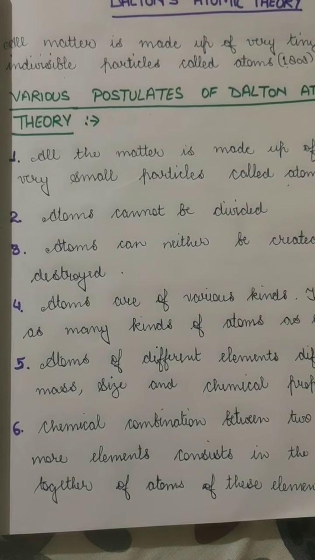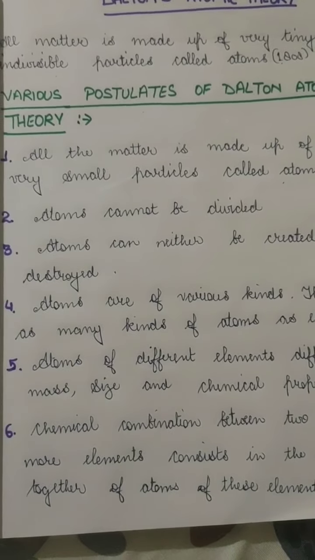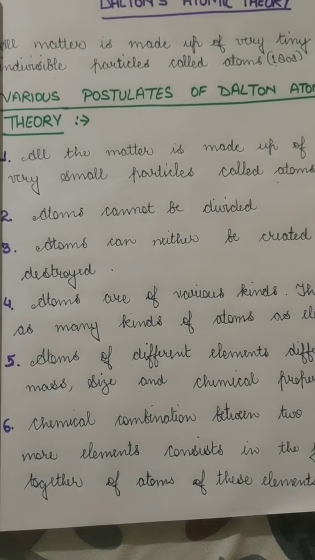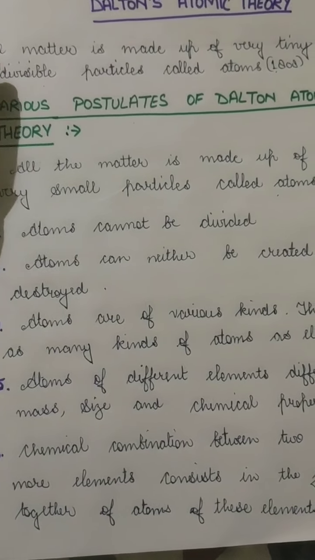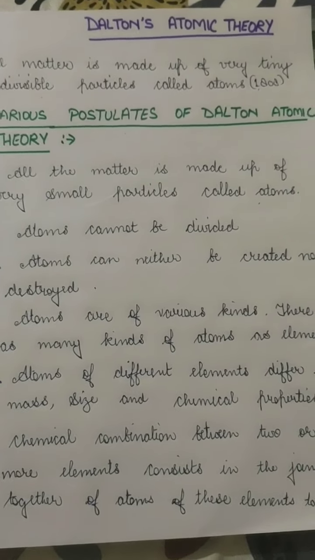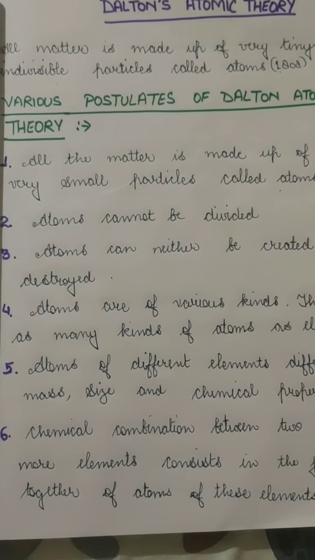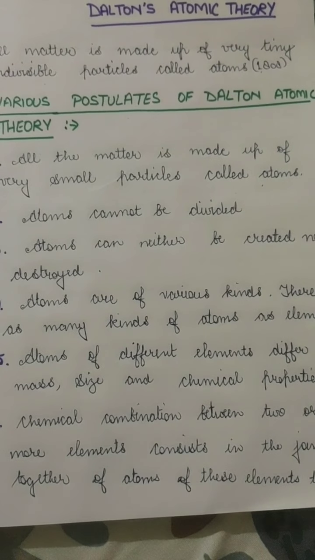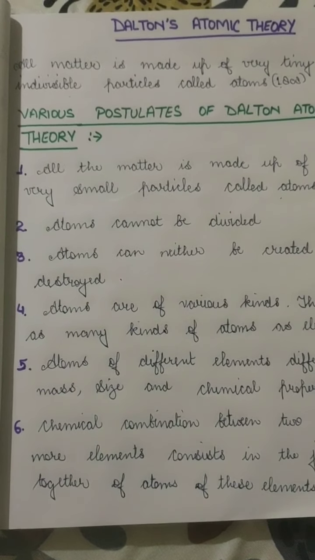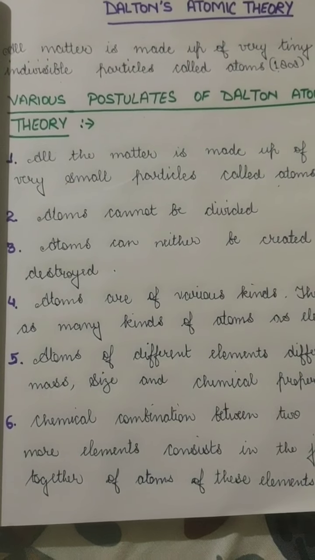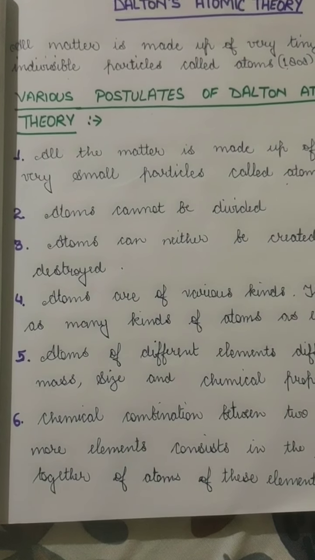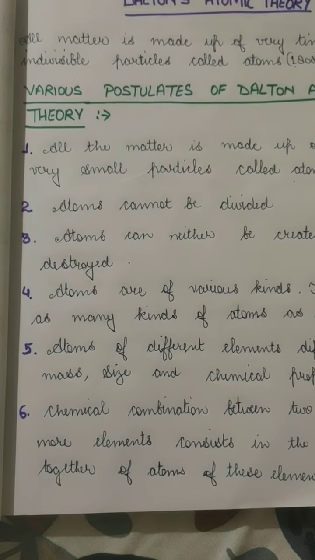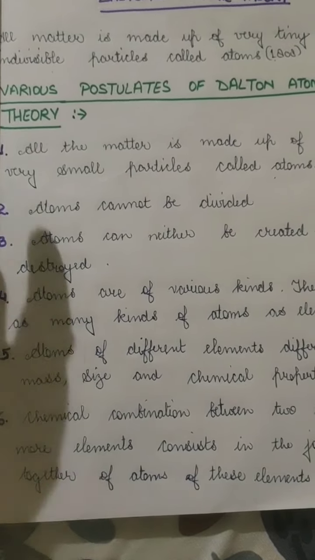So to justify this statement, he gave some postulates. Those postulates can be explained as assumptions, like he believed that if he is saying this, that means he believes some more things about atoms. That's why it's called an atomic theory. So the first postulate is all matter is made up of small particles called atoms. In the previous chapter we have read about matter, that means anything which occupies space and has mass is called matter, and that matter is made up of tiny particles. Those tiny particles Dalton named as atoms.